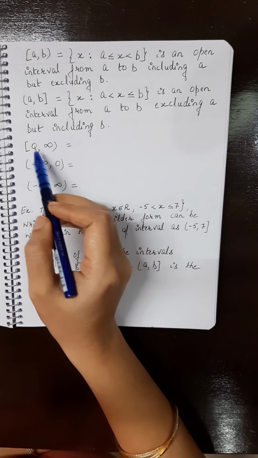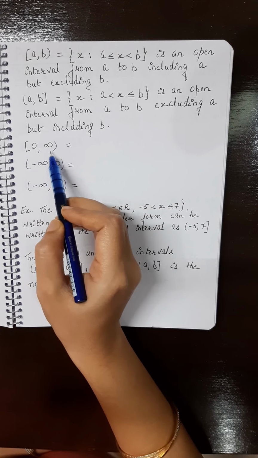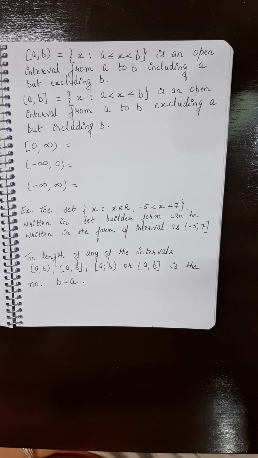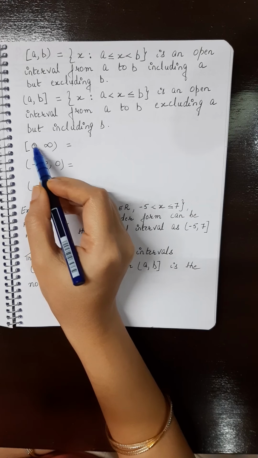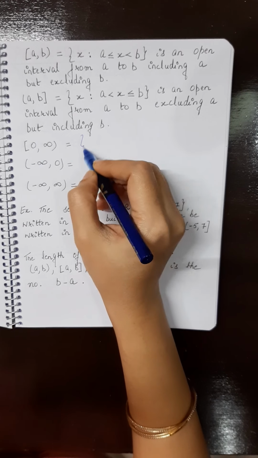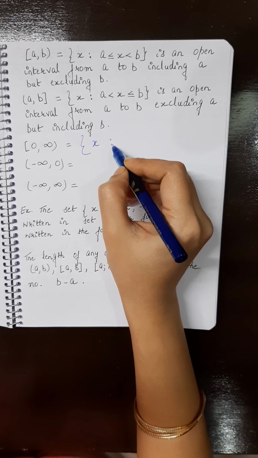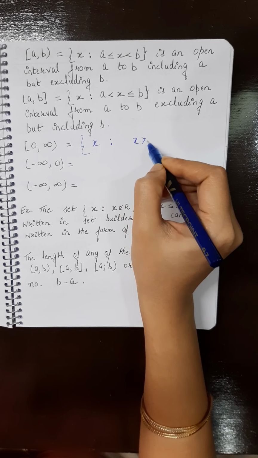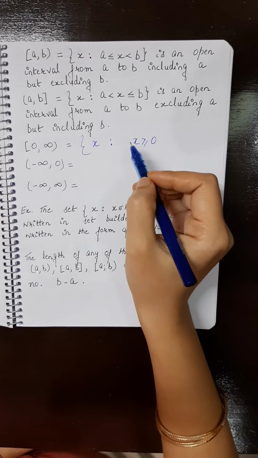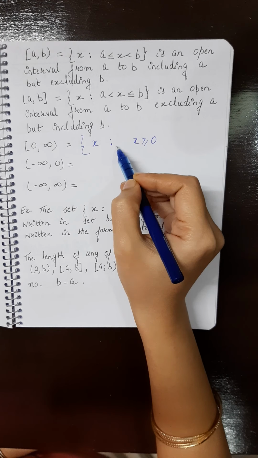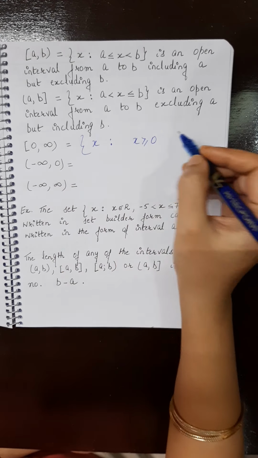Now let's see this. So closed from 0 but open from infinity. So basically this contains all the non-negative real numbers. Non-negative क्यों बोलें? क्योंकि 0 include करना है. So this contain all those x such that x is greater or equal to 0. मुझे upper limit लगाने की ज़रूरत ही नहीं है. I don't have to put it is less than something because up to infinity जा रहे हैं.